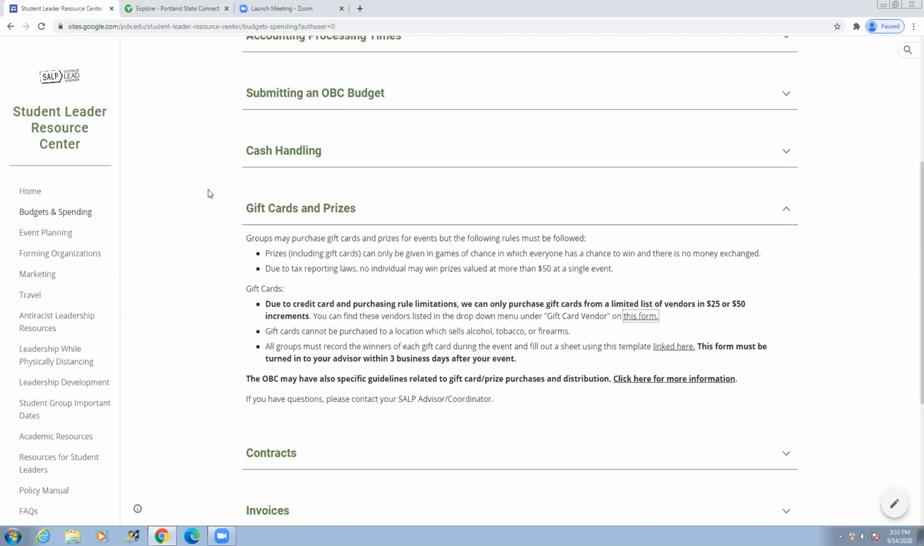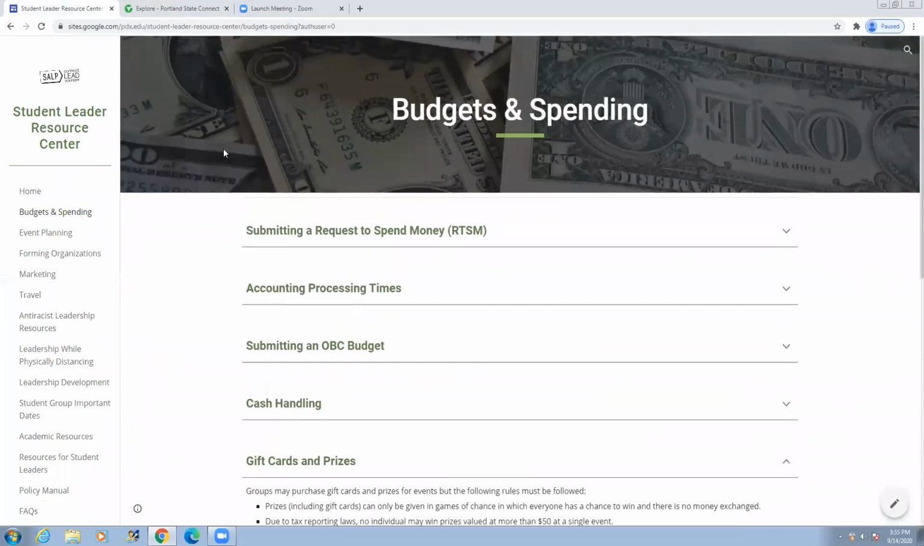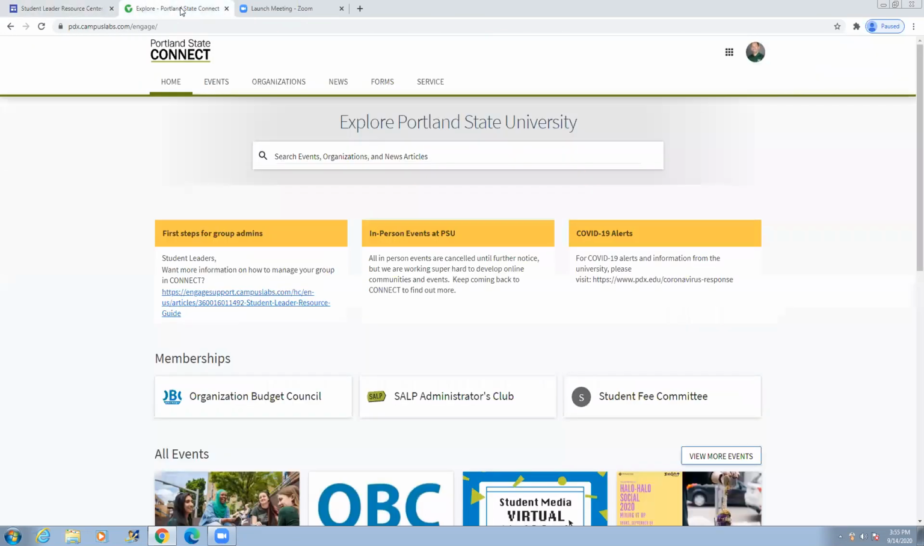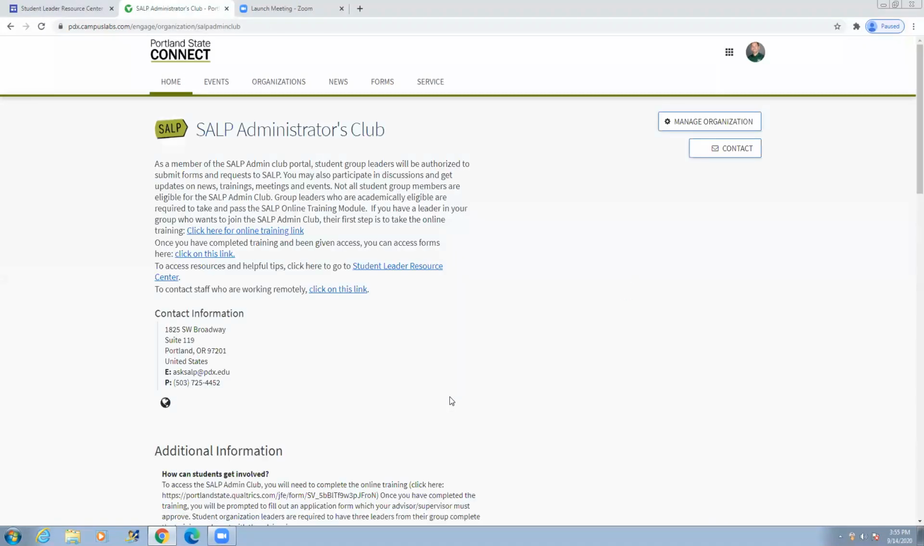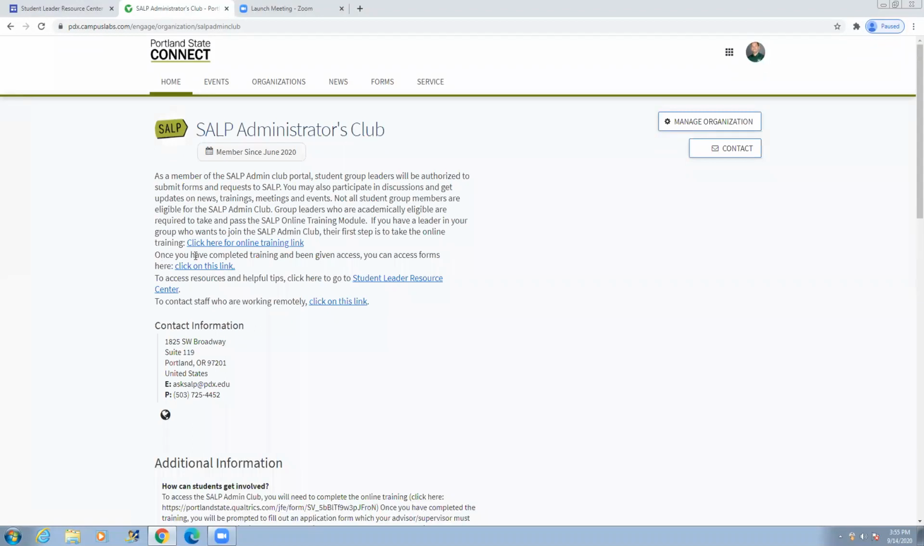And once you have that information ready, you're going to go into the SALP Admin Club. As a student leader, you will have access to the SALP Admin Club in the Connect portal. So as you can see, I'm in Portland State Connect, and here's the SALP Administrators Club right here. So you're going to click into the Admin Club, and then you're going to click on this link where it says, once you've completed the training, you've been given access, you have access to forms here. So you can click this link,